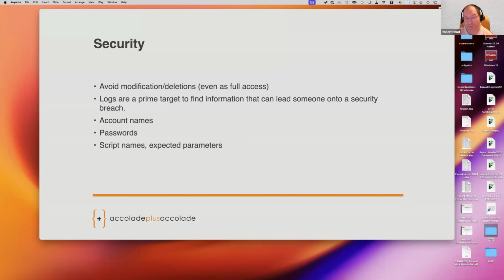or that would just make the log entries less relevant, like account names or script names, or what are the parameters that are expected in there, right? To us, when debugging, we need that information to know, okay, what does the log entry tie into? But if someone was to be able to retrieve a full list of all the account names in the system just by accessing the logs, we may not want them to go there, or to know some scripts that could